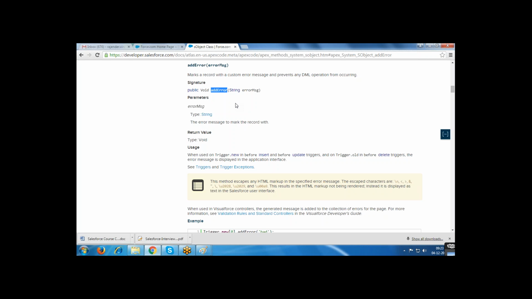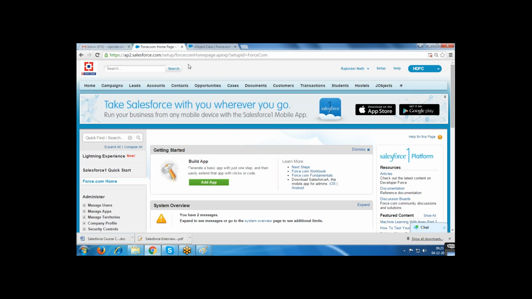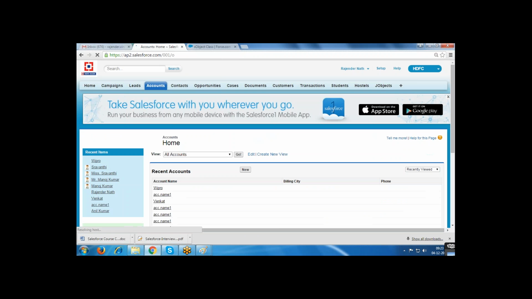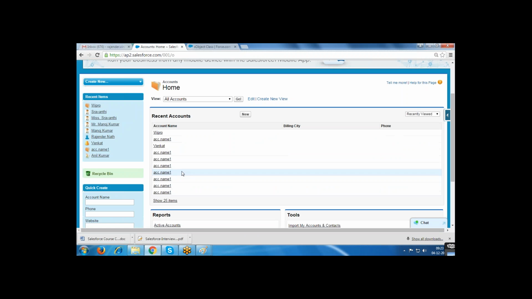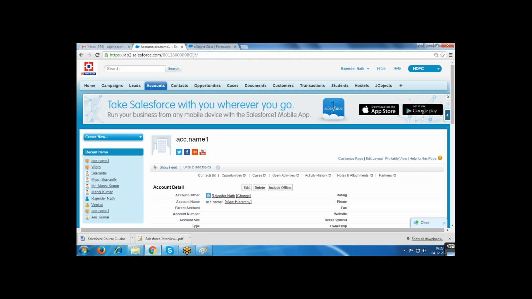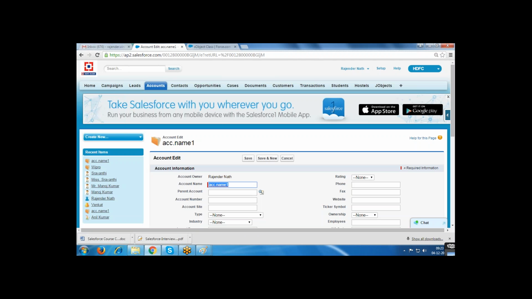Yes. I have one account object, and one account record. Whenever I'm deleting this account record, I don't want to allow deleting it. Normally the account record is deleting, but I don't want to delete this record.